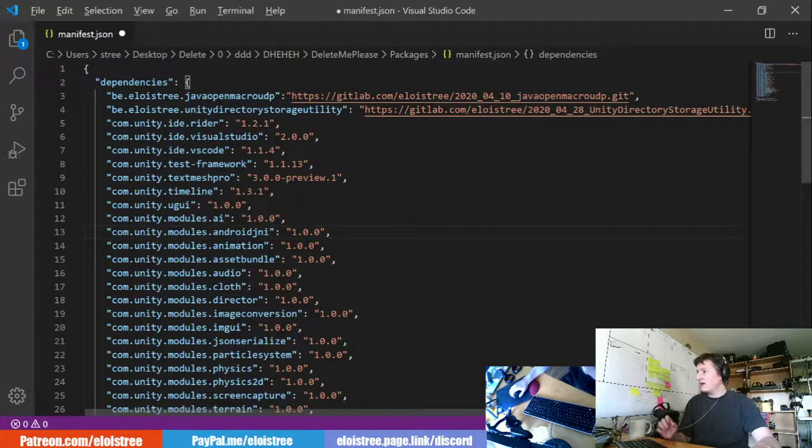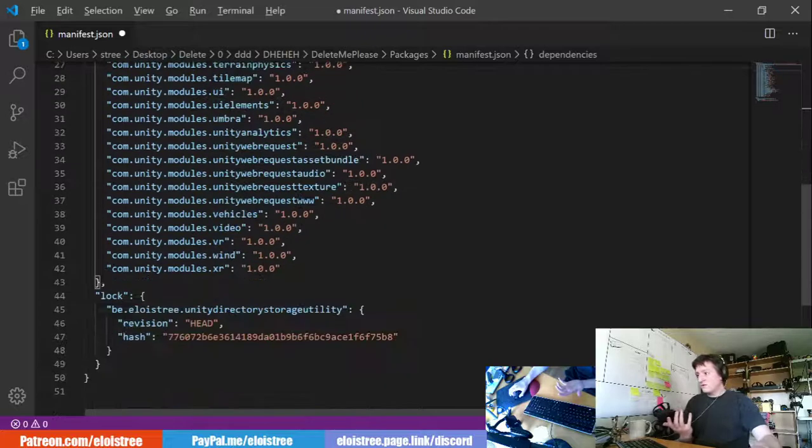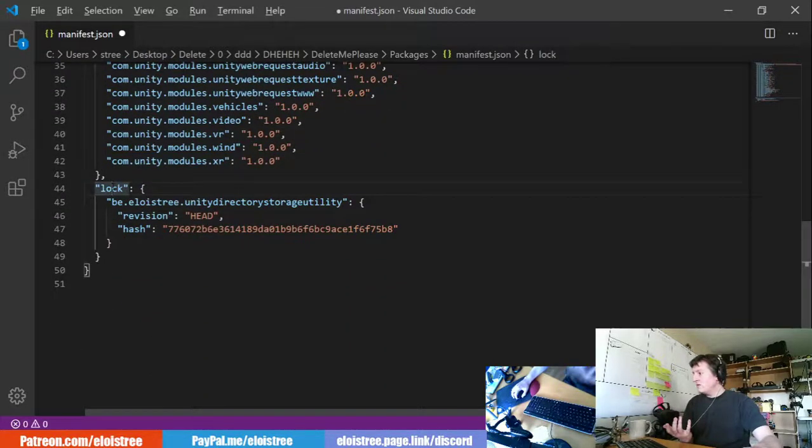That's perfect. If you want to update the code, for example, you want to have the new code that I have done recently, what you need to do is just come here and remove what we call a lock. The lock is the stuff that says don't update, because we don't want to update the code automatically. We want to update only when you want it.